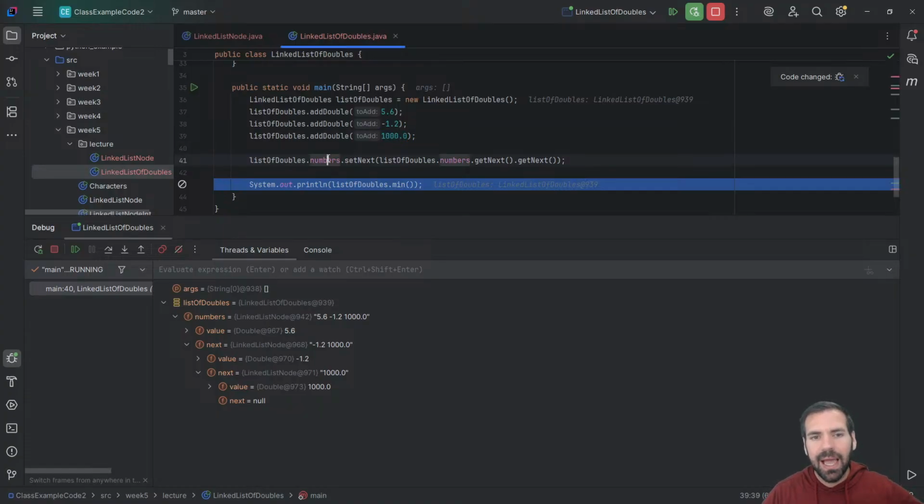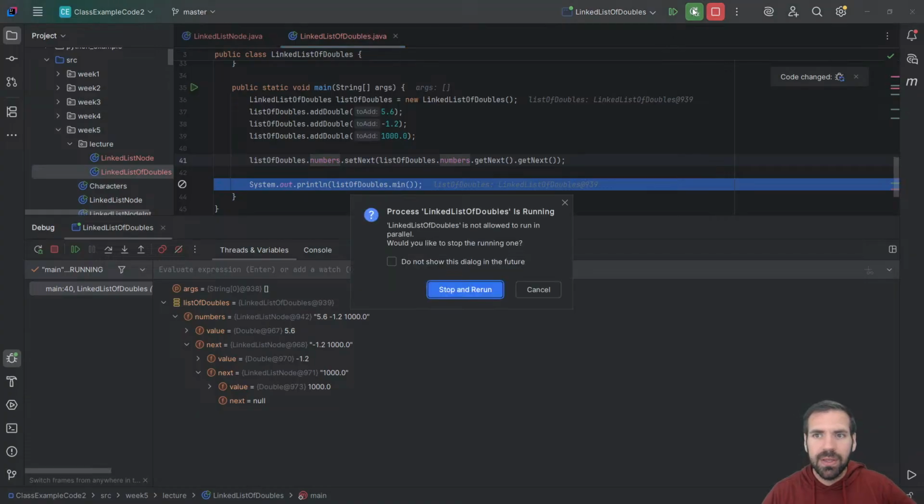So we're updating the head of the list to be its next node's next node. And if we rerun the debugger,